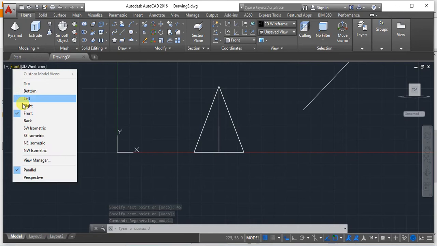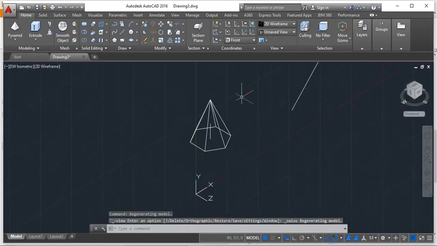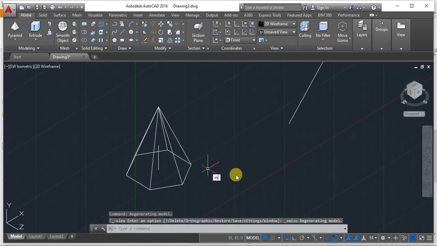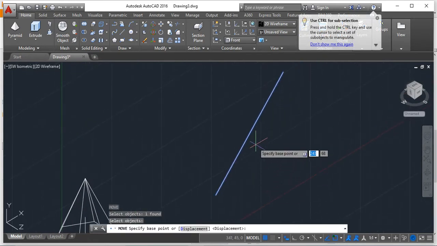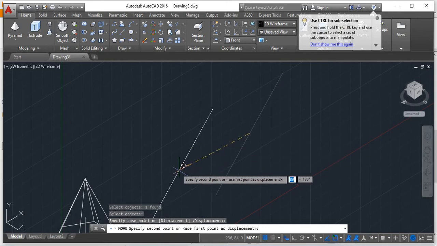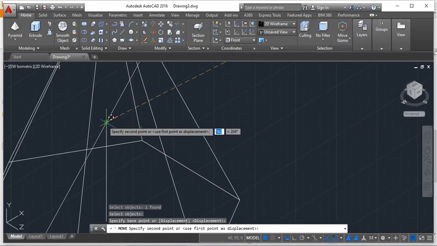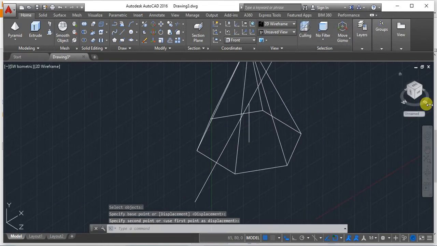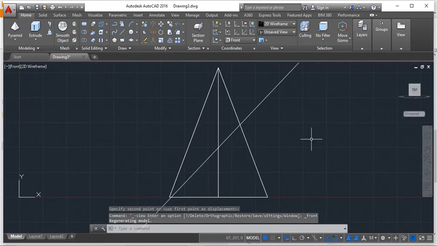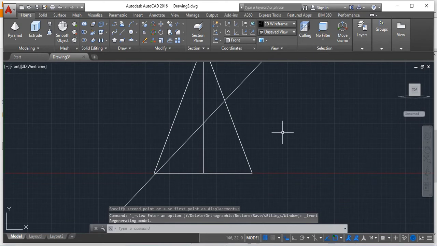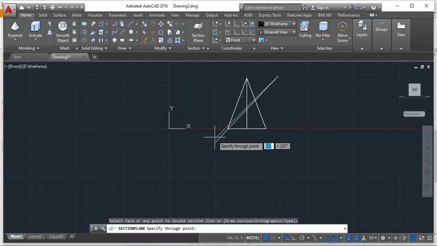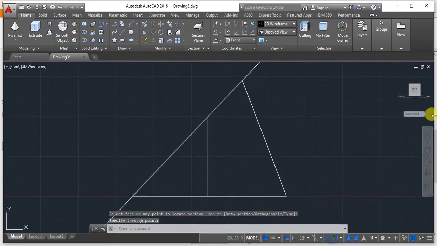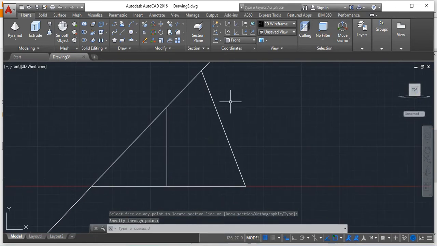It has to be placed at the line we have made. For this you can switch to southwest isometric or any typical isometric, then use the move command, select this object, preferably at the midpoint, then move it to the tip of this particular line. Now in the front view you can visualize the sectioning part. This is how it has been located. After this, select the sectioning plane, automatically it gets terminated.